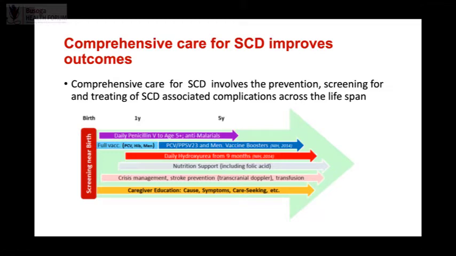So stop thinking of sickle cell disease as, you know, an acute disease where someone comes in with pain and then you give them analgesia and then they go. Think of it as a chronic disease, like diabetes, the way you think about hypertension, and look at this person as someone who needs to grow into adulthood and try to prevent complications.